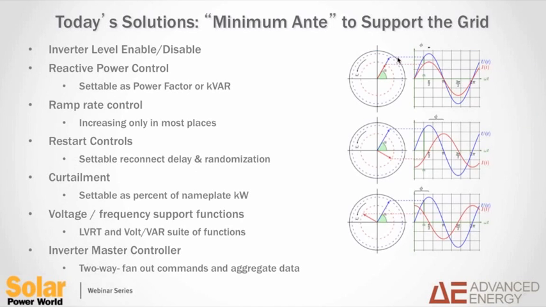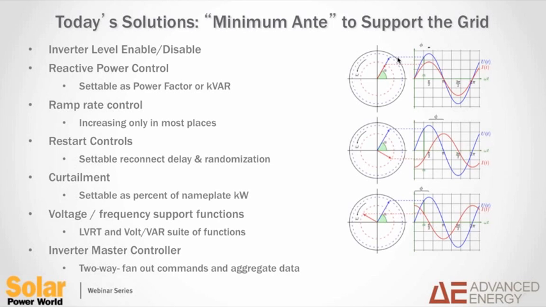So with that type of transmission level support, there's definitely a common set of UIC, or utility interactive control, functions that are expected to be provided by today's solar power inverters. Obviously, enabling and disabling is a very basic function, but necessary. The ability to control reactive power, both consumptive and generative, and that's settable as either a power factor set point, which is the relationship of apparent power to active power, or kVAR, which is a direct request for reactive power